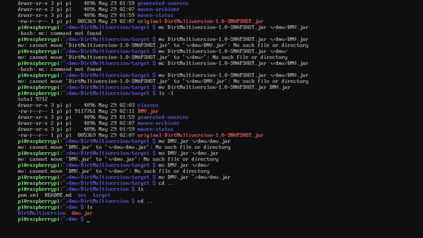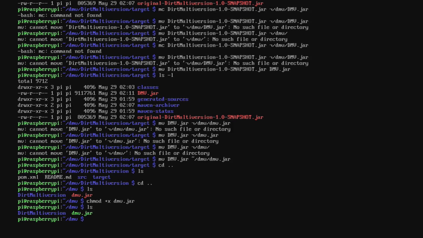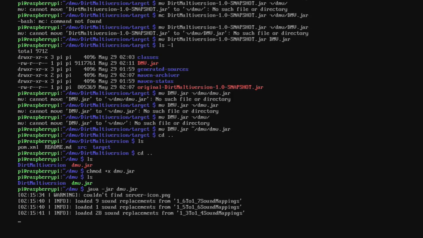So just to make sure this works, I'm going to chmod +x dmv.jar to make it executable. Now ls should be green. Yes. Okay, so java -jar dmv.jar. And now it couldn't find server-icon.png, so that means...